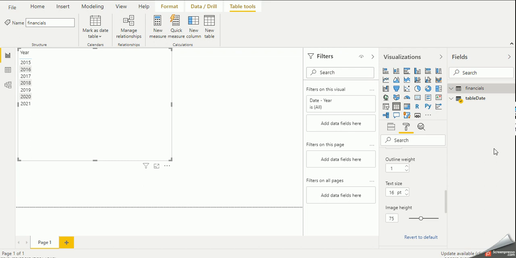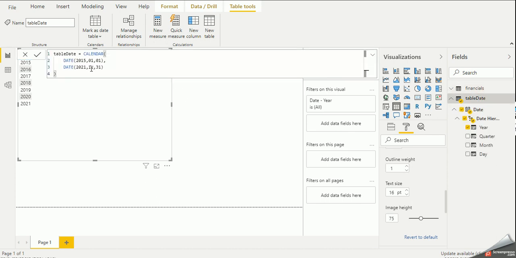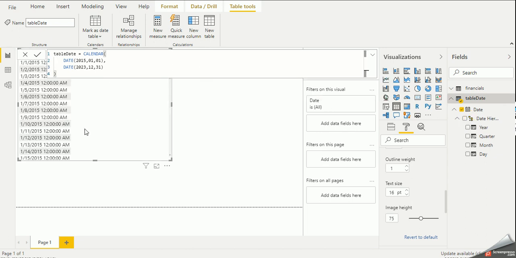So you can easily create a table and create a range. You can change the range here. If I say I need to create for 23, you can see that it's not an issue. So 23 will again come.